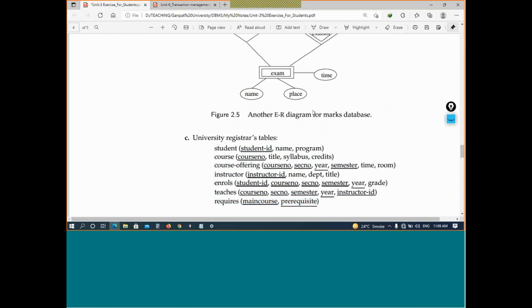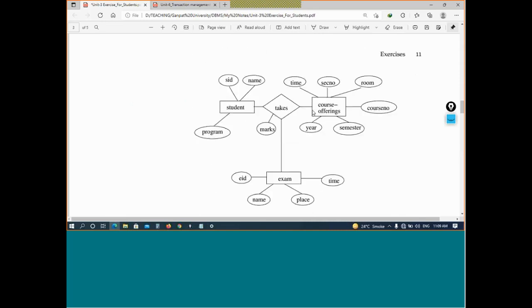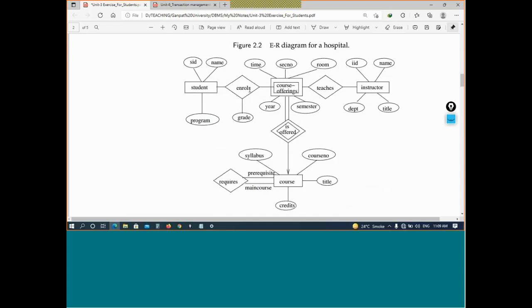Here I will tell you, what is our diagram? This is our diagram. So for enrollment one table we require, and another table we require for teaching. We do not require a table for the identifying relationship set, which is connected to the weak entity set and the strong entity set. One more thing, we do not add derived attributes. Let's say I have a derived attribute: from birth date I can derive the age. So it is not required to add the derived attribute into the list.